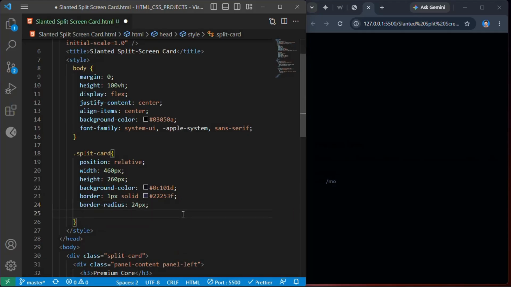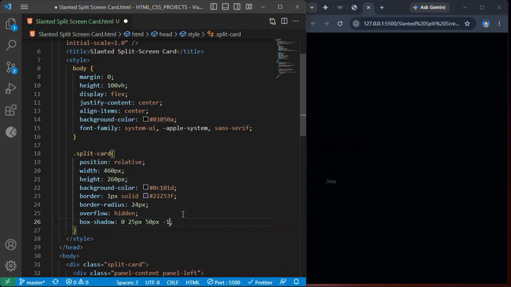Crucially, I'm going to add the parameter overflow hidden. This is an absolute must-have line because it tells the browser layout engine to cleanly clip our upcoming absolute background layers straight to the card's rounded outer borders. I'll cast high-end depth onto our backdrop space by adding box shadow 0 25 pixels, 50 pixels, minus 12 pixels RGBA,